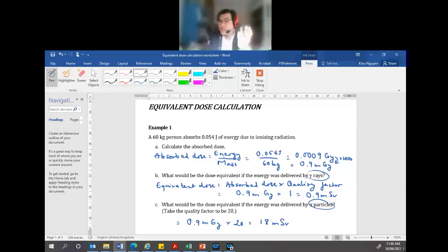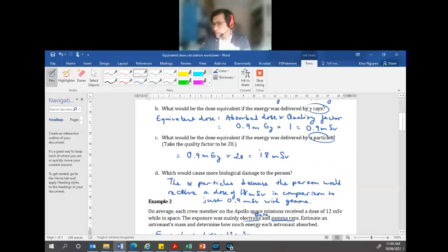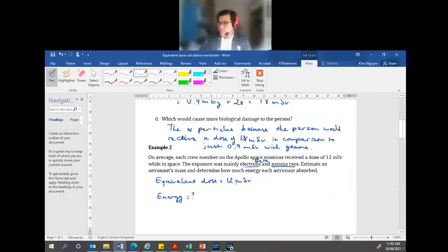So around 50 to around 80 kilograms would be all right. Or you can also have a look on Google, like say the average mass of an astronaut. For the absorbed dose, we're going to work it out from the equivalent dose. Okay, so if we use the equation for equivalent dose,